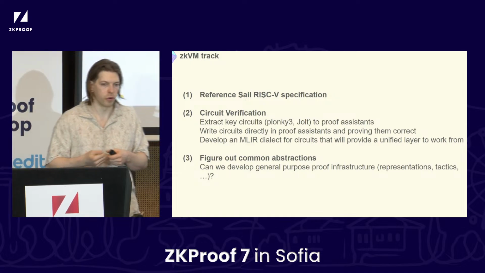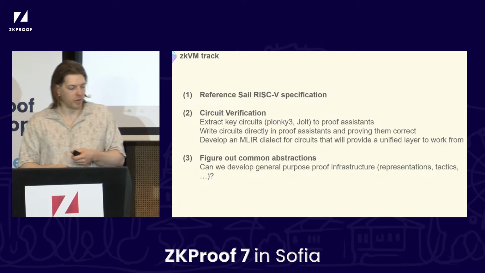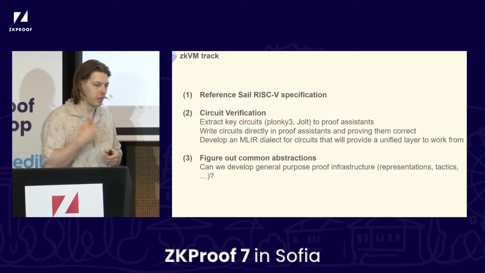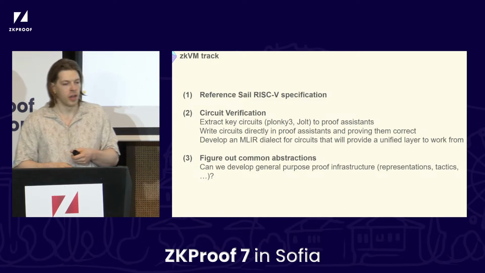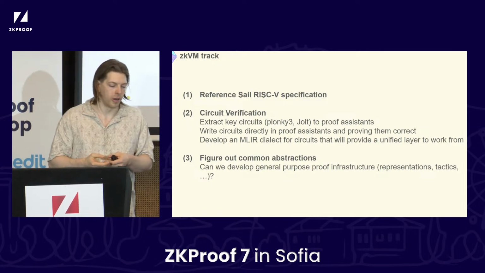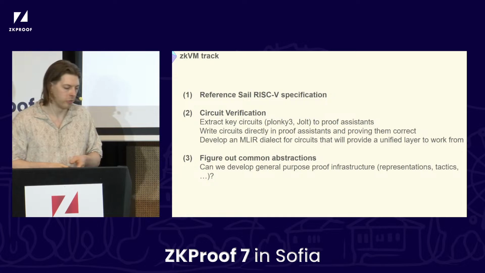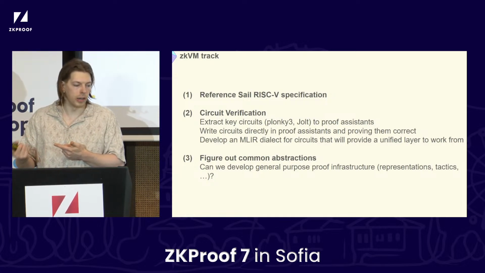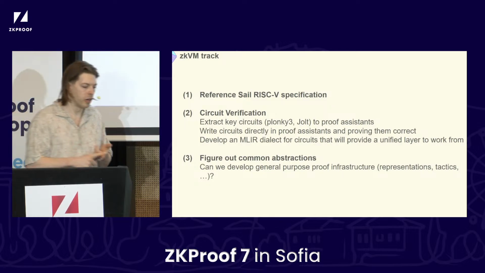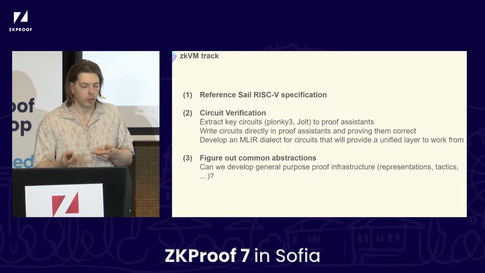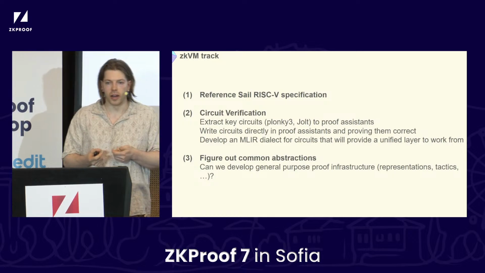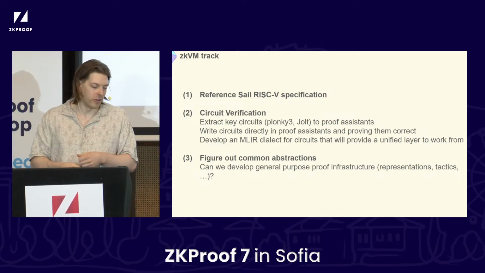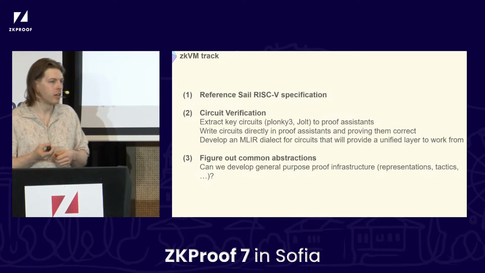But down the road, because people are writing circuits in many, many different DSLs, and people are probably going to keep coming up with many, many other DSLs, we are also going to try other, less naive ways of doing things. One of these is to just write circuits directly in Lean. We have a bit of experimentation going on with this, with zkSecurity in particular. I see some thumbs up, which is always good. This is actually quite interesting.